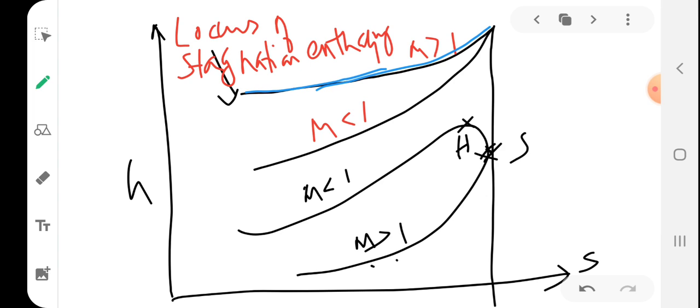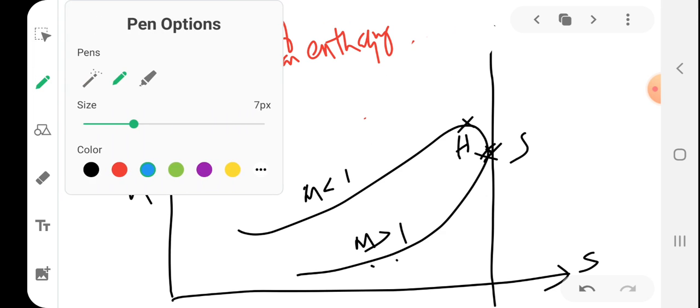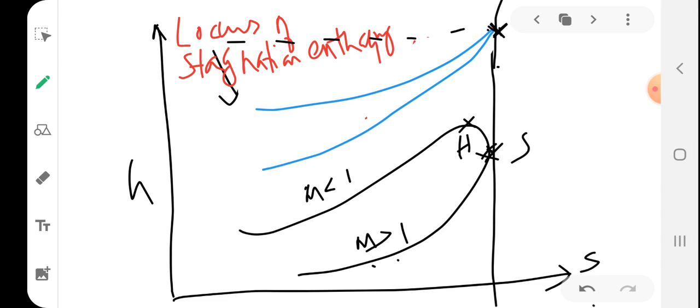I will draw with another. The line drawn in blue is the locus of stagnation enthalpy. Okay, locus of stagnation enthalpy. So you can see that there is a point which touches this, this point will be the maximum stagnation enthalpy value, right? So corresponding to this line, the maximum stagnation enthalpy value is this. You can note that